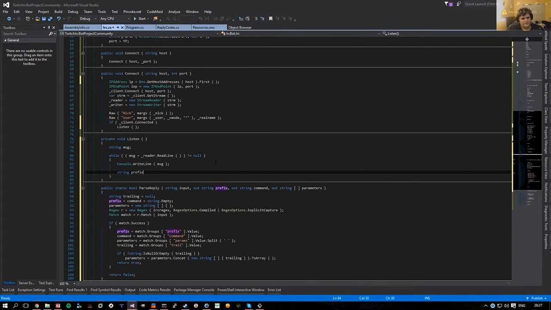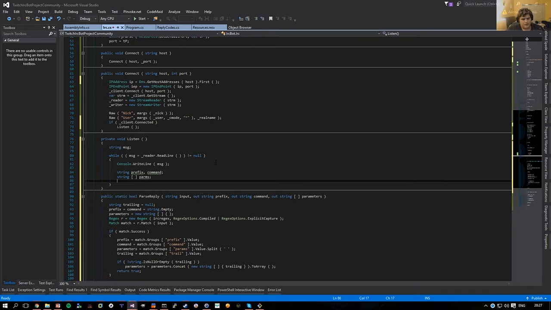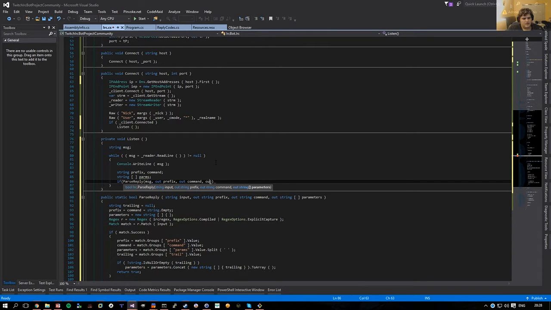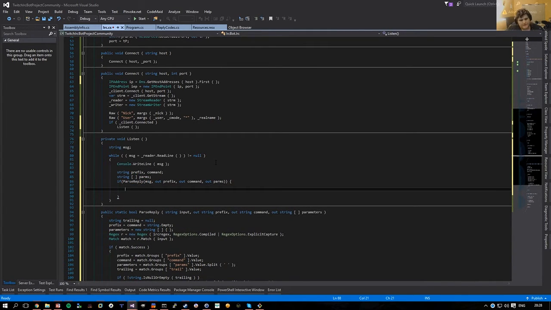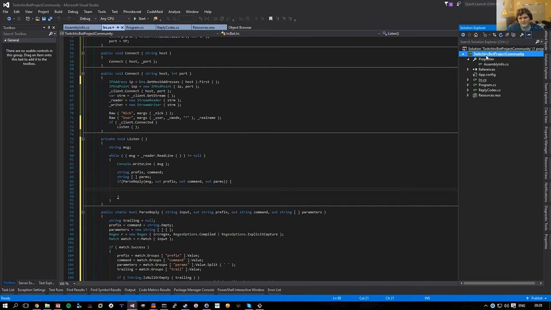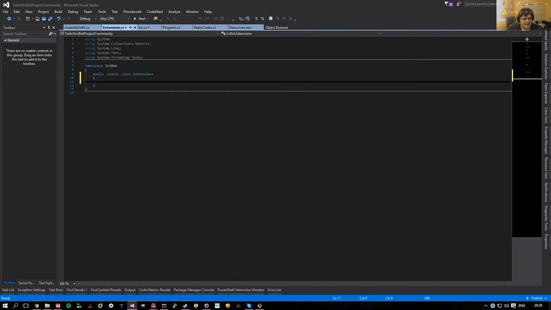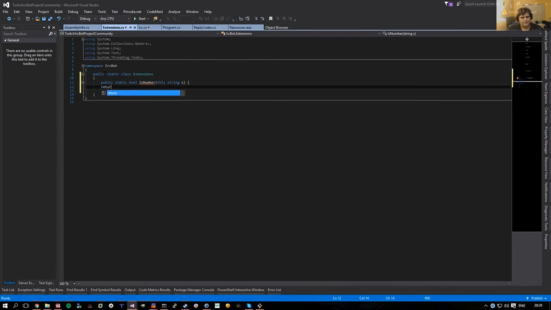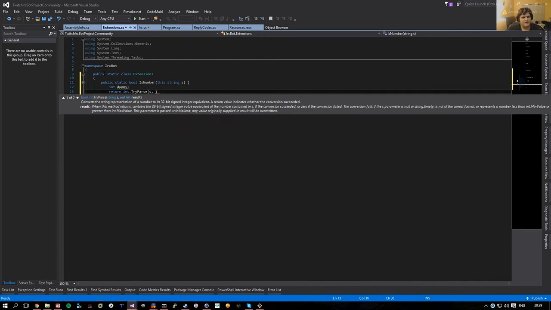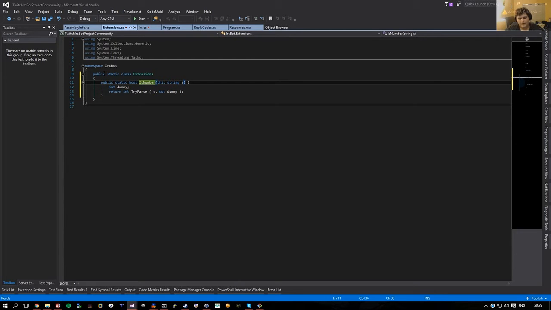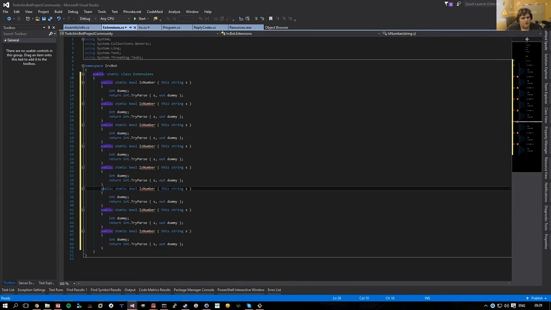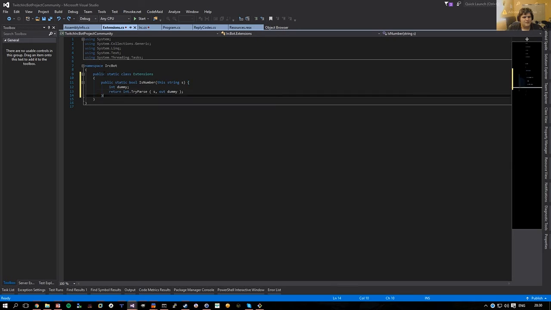So back into the code, I decided to go ahead and write in the different members that we're going to be using, and then I'm going to create the extensions method to check whether the reply code is either a number or whether it's a string. And if it's a number, then we're going to go ahead and